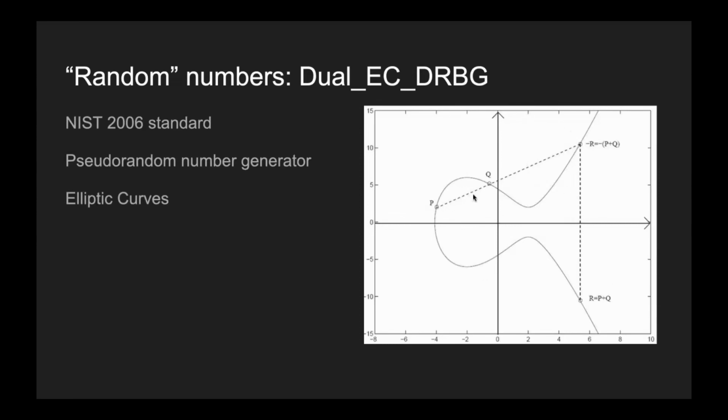So if we start with a point P and a point Q, we can, through some cool math, consider or call it adding points P and Q together in this weird way. And the way you do that on elliptic curves is you draw a line through P and Q, it hits the curve at another point up at the top, and then you reflect it over the x-axis. And the exact reasoning for that doesn't really matter for this talk. Basically, you can just think of it as you take points P and Q and you can bing them around and you get out something that's pretty random.